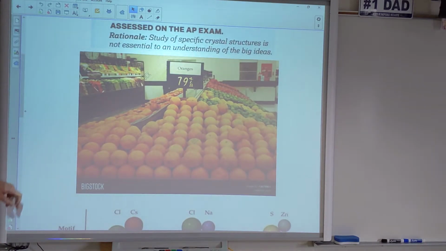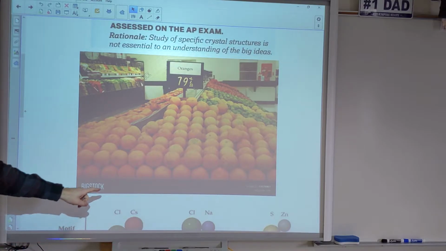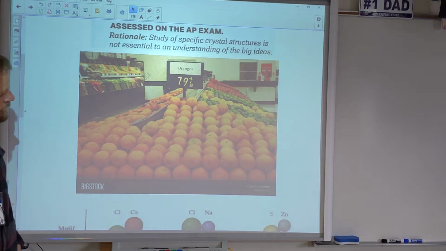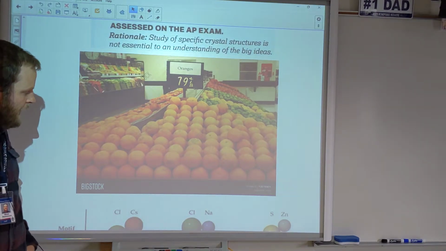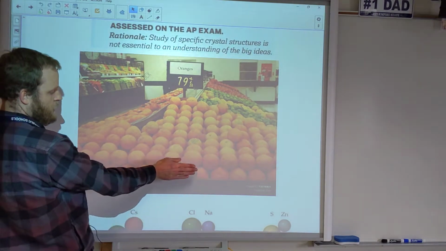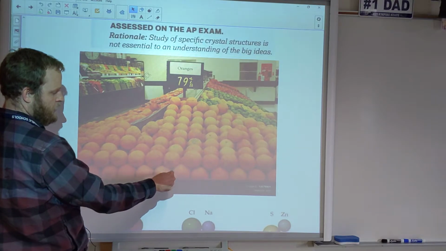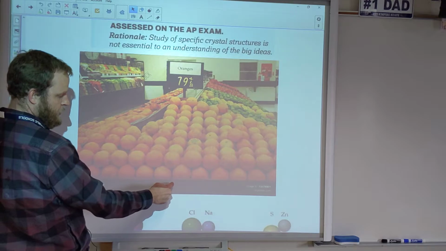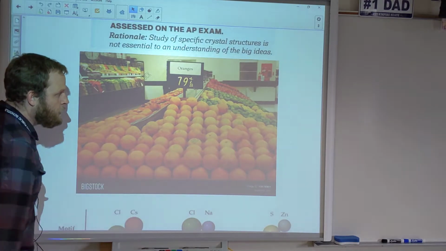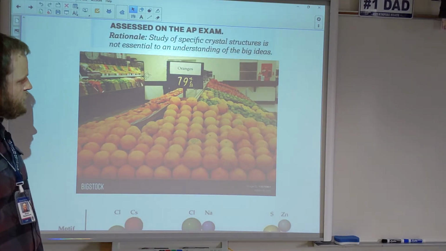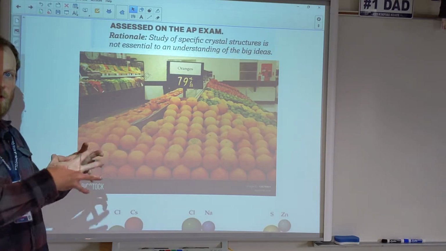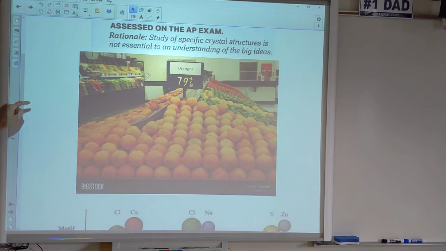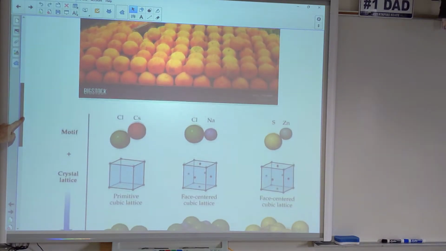Here's a pile of oranges. If you look at these oranges, you can see that they're not stacked on top of each other. They kind of fit in nicely. And this is called hexagonal close packing. If you just look at these down here, it kind of looks hexagonal, like a honeycomb. So this one, there's 1, 2, 3, 4 rounded, and then probably a fifth and a sixth there. Round objects, spheres and such, will naturally pack themselves together in a hexagonal shape, just because that's the most efficient way to pack spheres. So a lot of